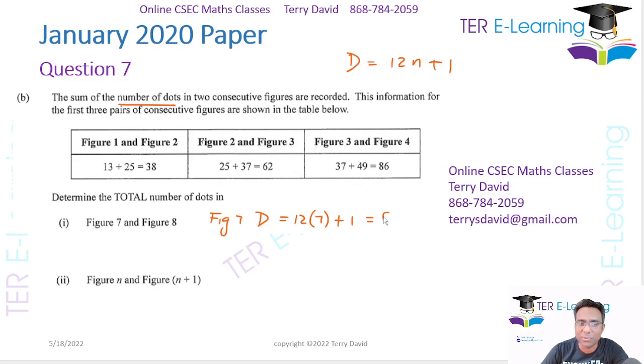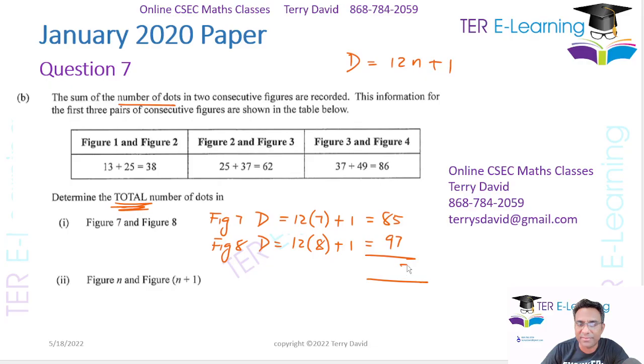That's 84 plus 1, so this is 85. And for figure 8, the number of dots will be 12 multiplied by 8 plus 1. So 12 8s are 96 and 1, which is 97. So when I add these 2 numbers, because they want the total number of dots when I add up figure 7 and figure 8,